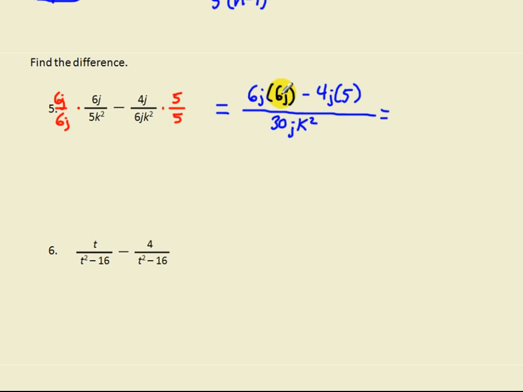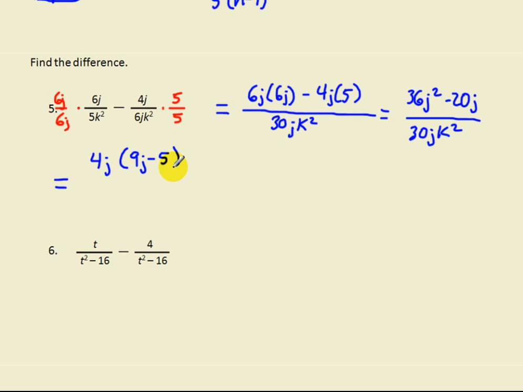So this is going to equal 36j squared minus 20j over 30jk squared. And now we look at the numerator and we ask, is there anything that we can factor out here? And we can. So if you look at 36 and 20, the greatest common factor here is going to be 4. So we can factor out a 4. We can also factor out a j because both terms have a j. So we have 4j times 9j minus 5 over